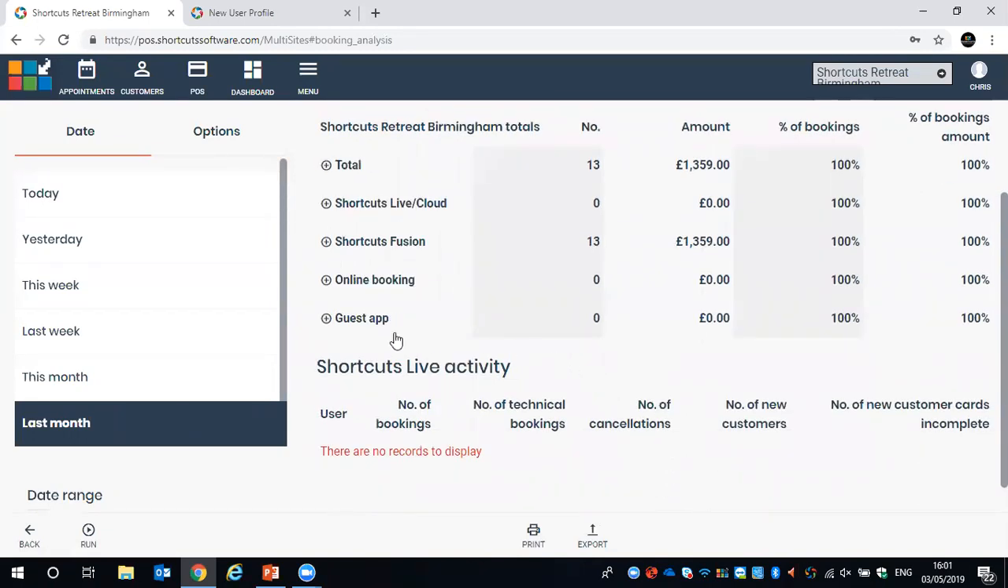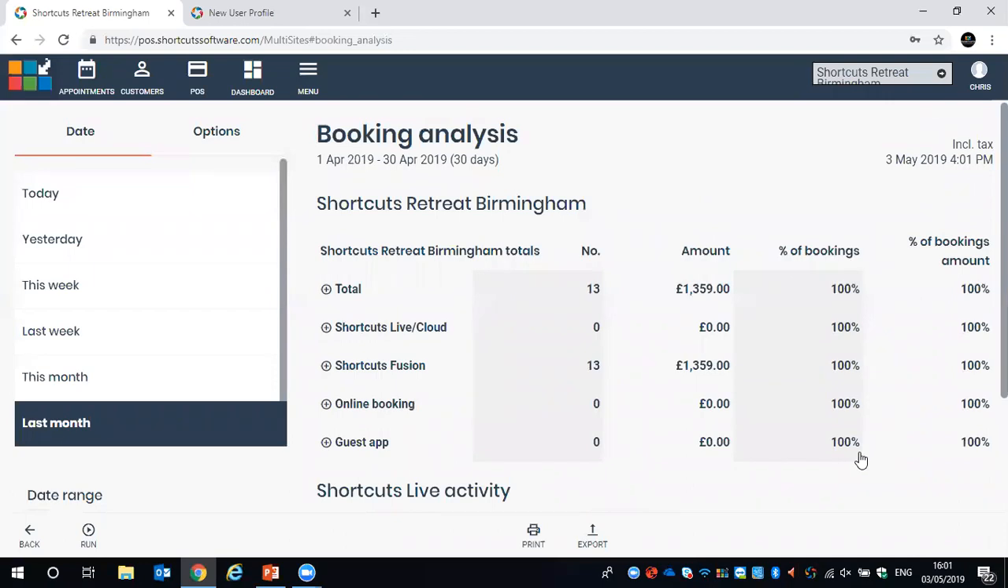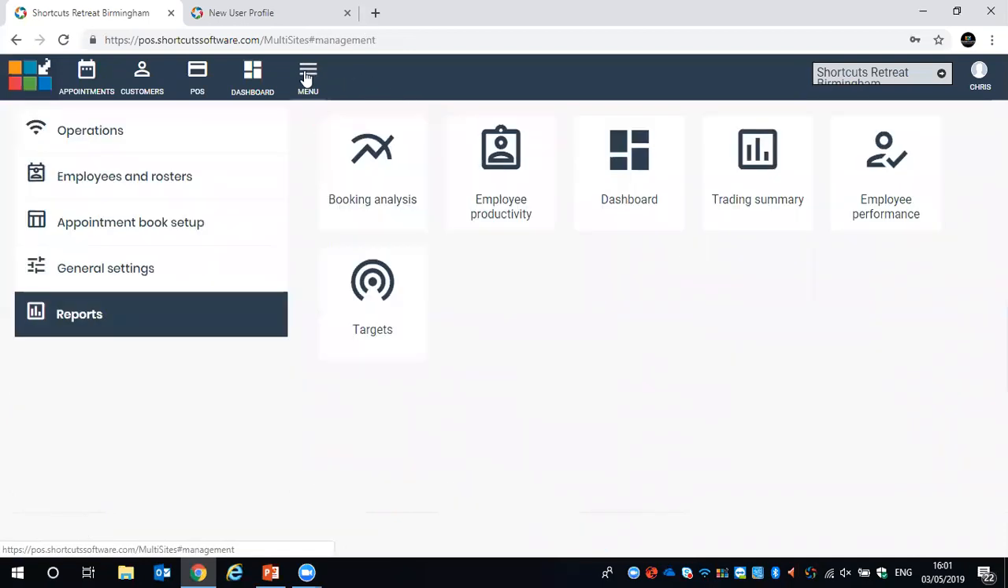Okay, and you can also see your Shortcuts Live activity for our Shortcuts Live users. And that, ladies and gents, is our booking analysis. So again, we can navigate back to the menu button, and now we can have a look at our employee